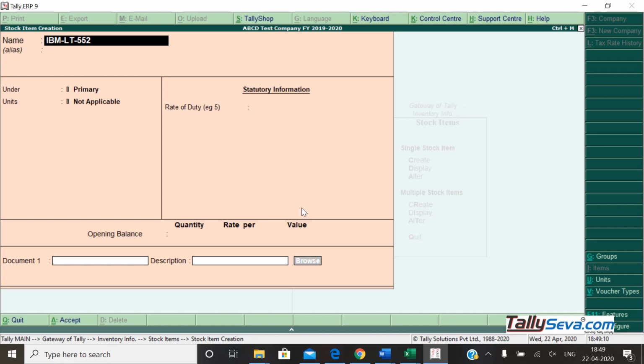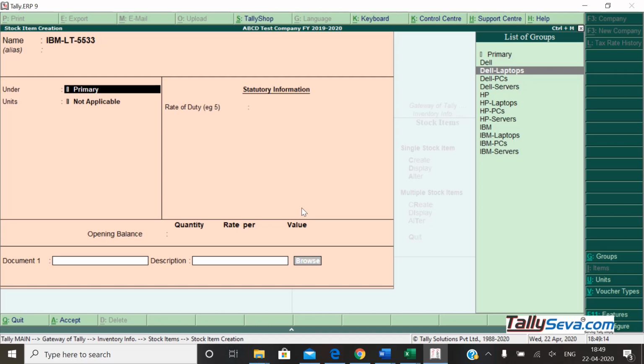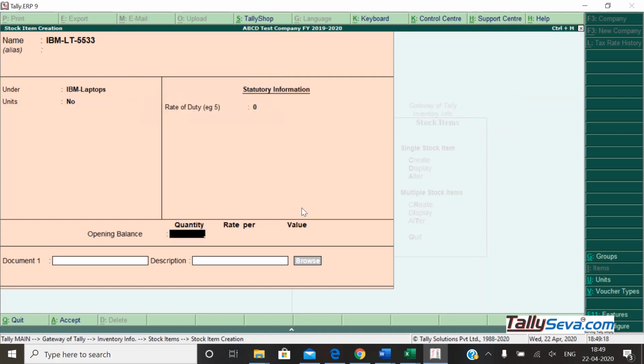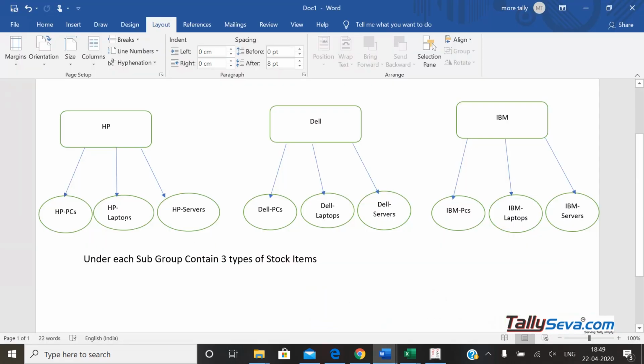Again, I recollect IBM laptop 5533, IBM laptops, numbers, 15 numbers, 21,000. We have completed this part also. We have completed HP PCs, HP laptops, Dell PCs, Dell laptops, IBM PCs, IBM laptops. After seeing my video, you do the same practice and try HP server, Dell server, and IBM server also.